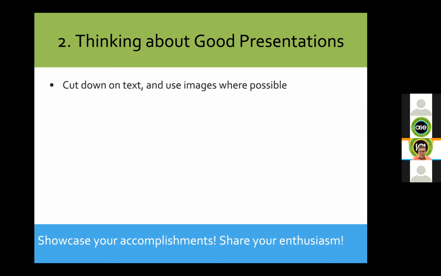Anytime you can use an image or a picture instead of words, do it. The words can come from you. The explanation can come from you. We don't need the sentences on the screen, right? You can provide that. Keep in mind though, when you're using images, to ensure that you're actually following copyright laws